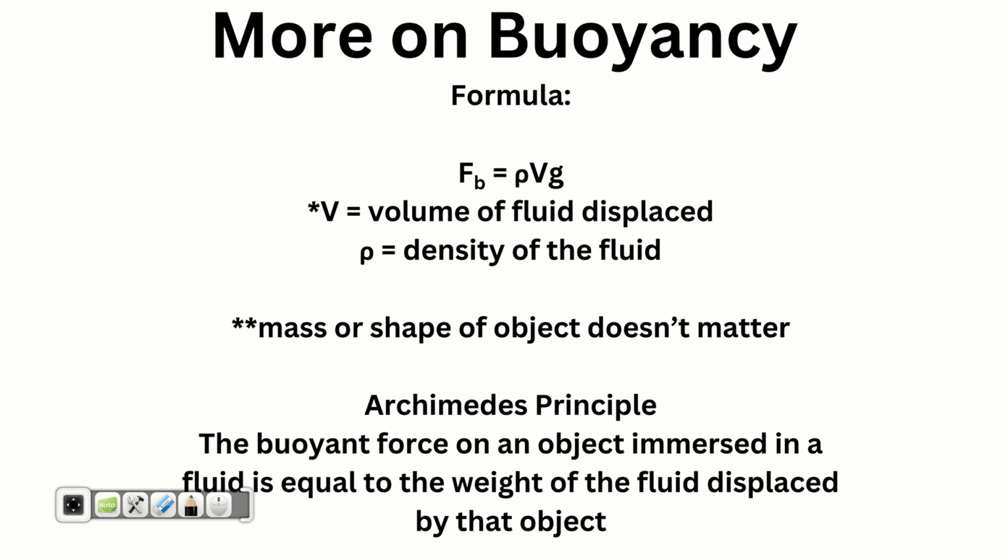The formula for buoyant force is rho V g, okay? So the volume and the density of the fluid is what we're looking at with it. The mass or shape of the object that is in the fluid clearly is not in this formula. So we're not worried about that. If you're given the mass of the object, in the end it's going to be related to how much of the volume is displaced. And so that's where we introduce Archimedes' principle. The buoyant force on an object immersed in a fluid is equal to the weight of the fluid displaced by